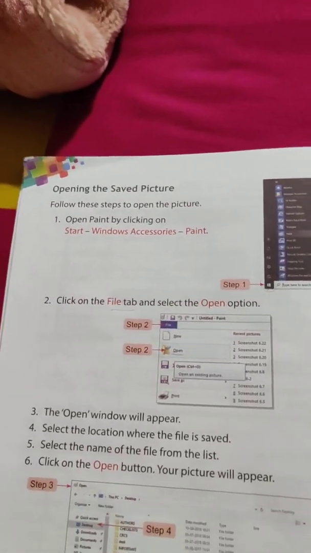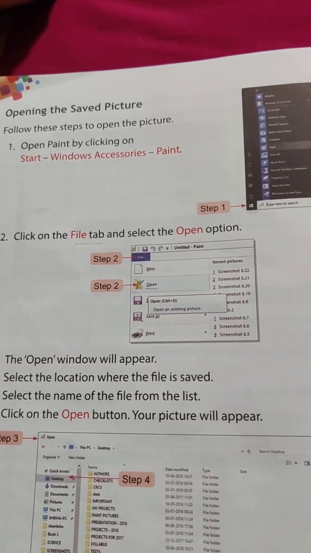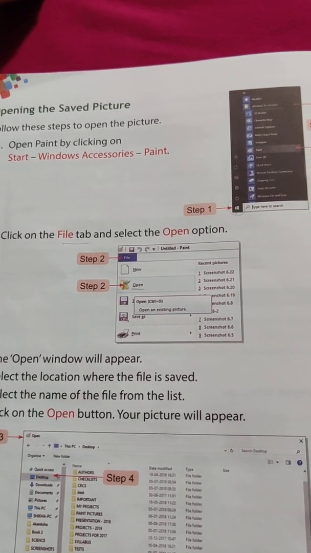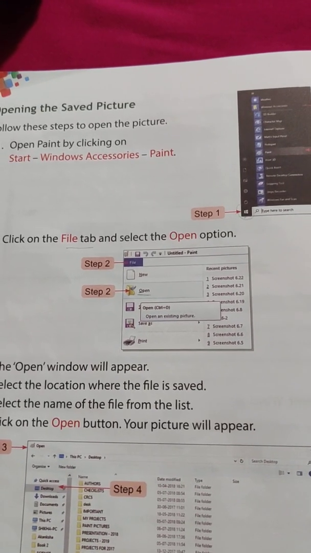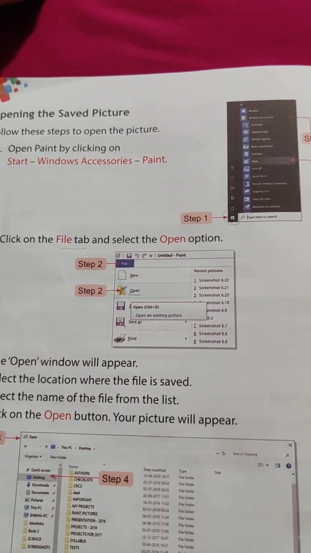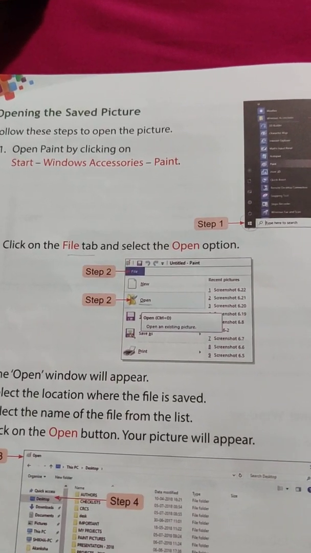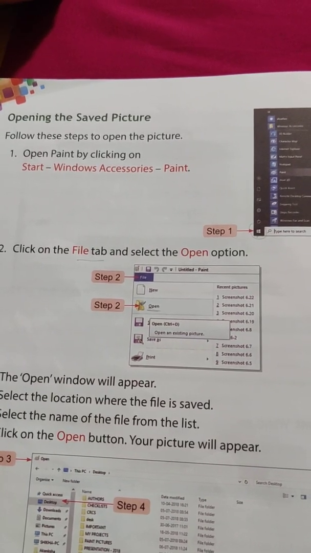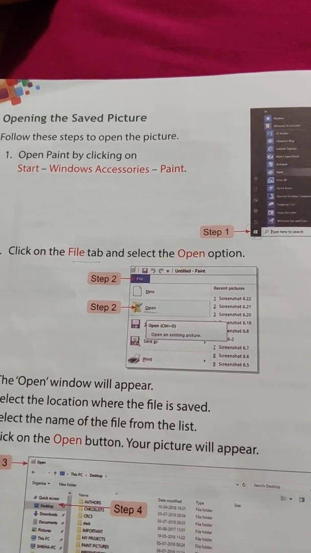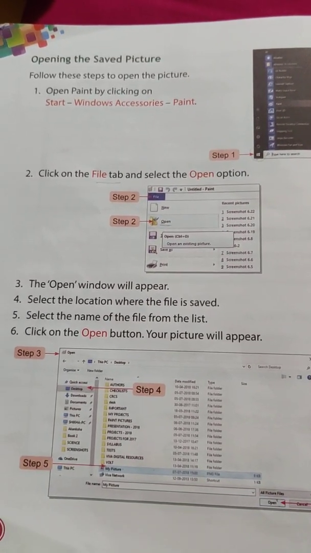Okay, so today I will only teach you two topics. Next class I will teach you how to edit the existing picture and resizing the picture. I am going slowly because if I tell you so many steps at once, it will be hodgepodge for you, and it will be difficult for you to understand. Understood? So today you will learn.